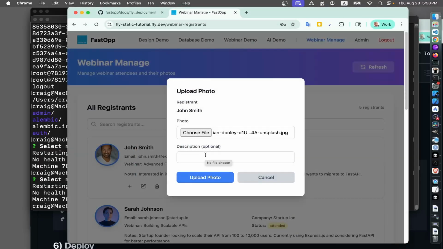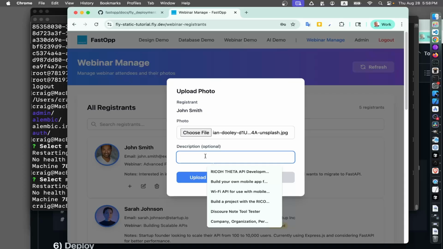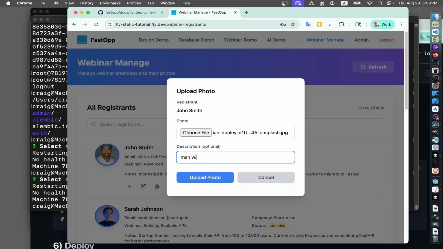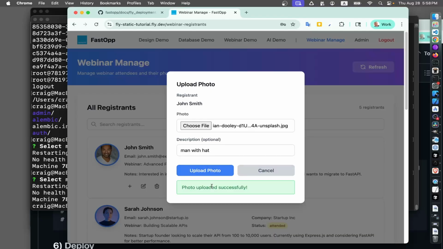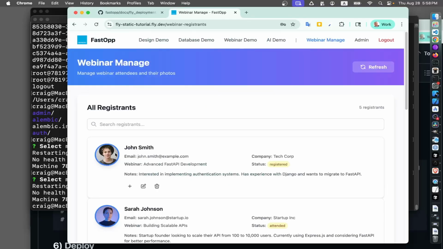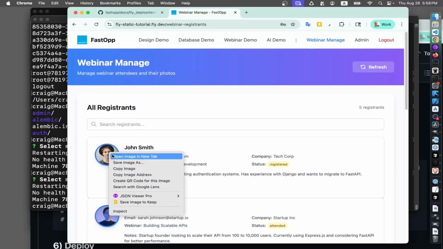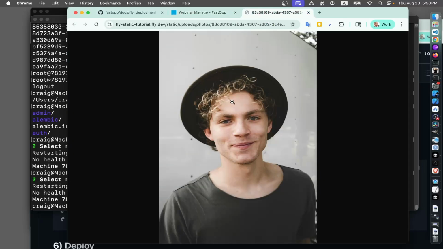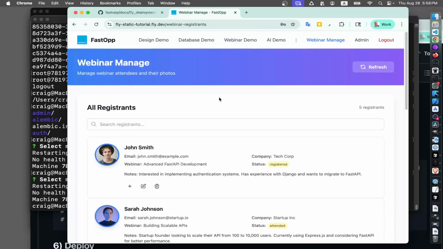All right, so we're going to try to change the picture of this guy, John Smith, to some guy with a hat. This is from Unsplash. These are fake people. Man with hat. Okay, picture uploaded. So this guy looks completely different, right? He now has a hat here. So we will